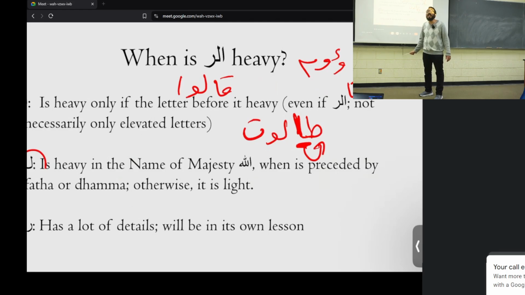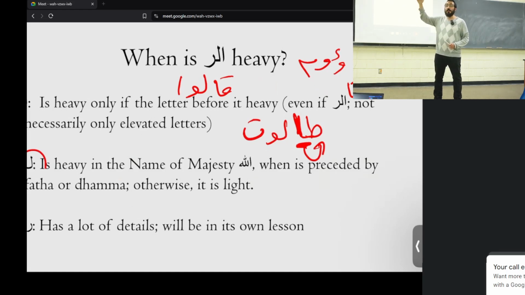You don't say Allah, Allah. You say Al. What happens? The back of the tongue goes up. Always remember that. When anything is heavy, the back of the tongue goes up and you feel that pressure in the top of the mouth. Allah. Allahu nuru sama. Allahu. You don't say Al.